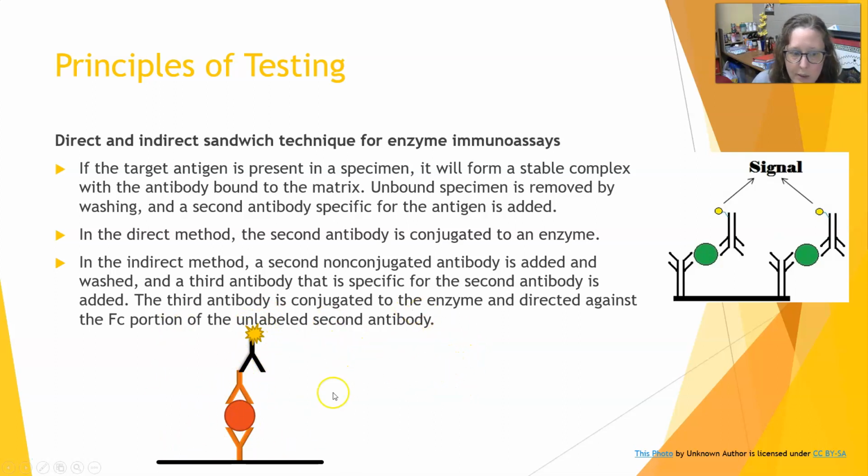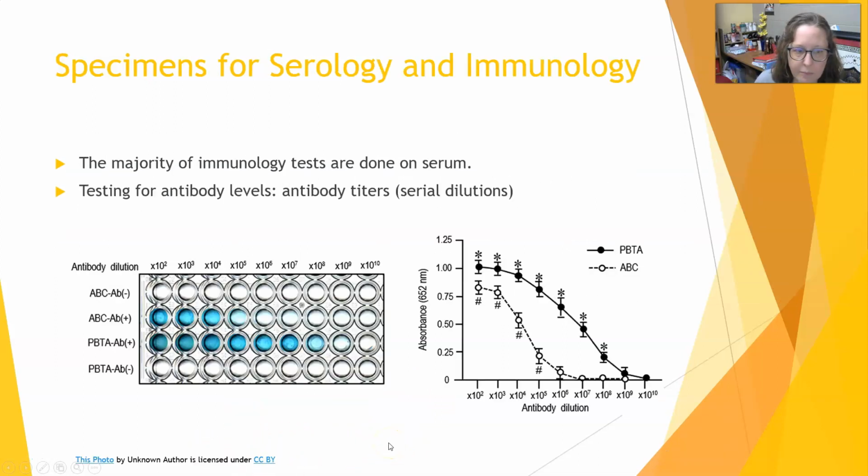Now, realistically, you could also use this to detect an antigen. So you could use this to detect an antigen, or you can use this to detect an antibody. Either way, for sure, the detectable antibody is part of the reagent, and the capture antibody is part of the reagent. So the majority of your immunology tests are going to be done on serum, and testing for antibody levels,